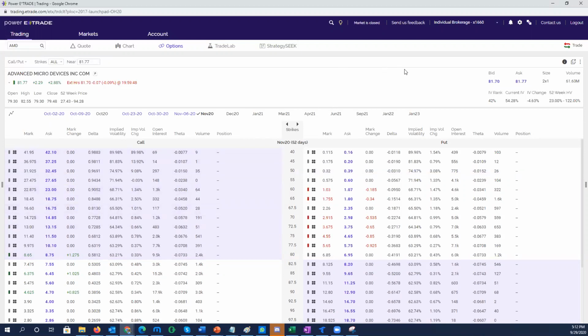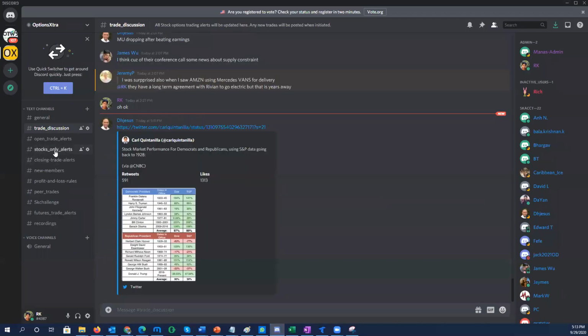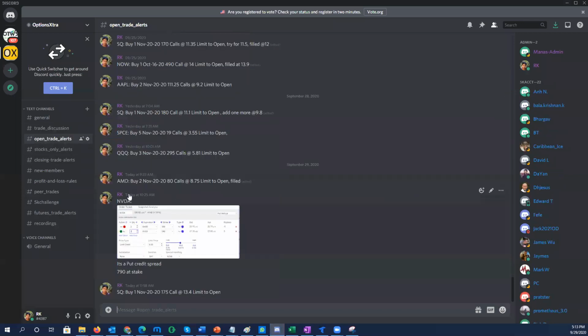So one thing is, in your group, I know you are suggesting trades, but what's the one place to go and check? Do you maintain a dashboard kind of thing or an Excel spreadsheet, or what is the mechanism? We have open trade alerts here. You can go and check, or we have an Excel sheet. We are maintaining how much profit we make or loss, something like that. So we have a tracking sheet as well. Got it. In tech, there is a tool like Confluence and Jira. I was thinking like that, you know. We are not that much automated. It's just simple. Just buy, sell, buy, sell. Okay. Yeah, there are a lot of alerts going on here.